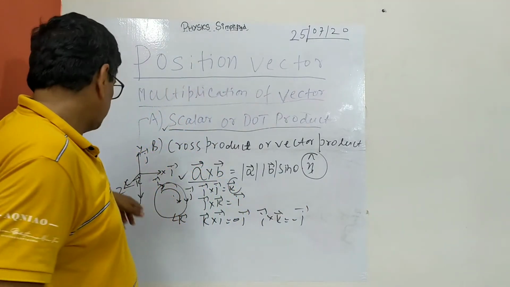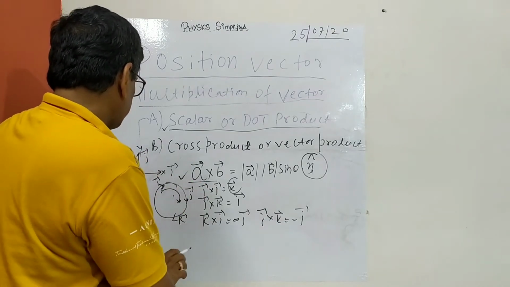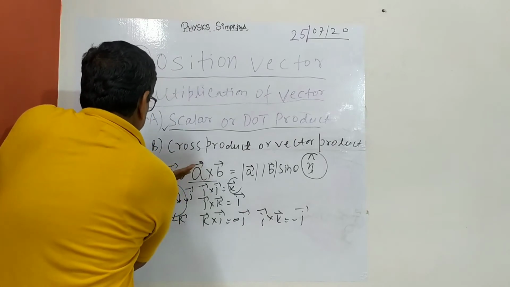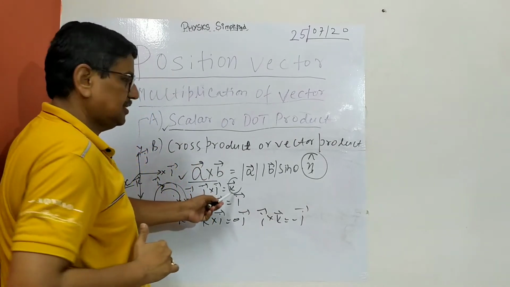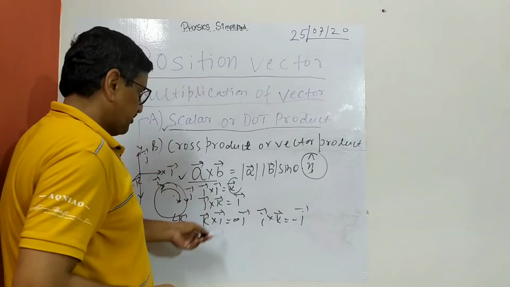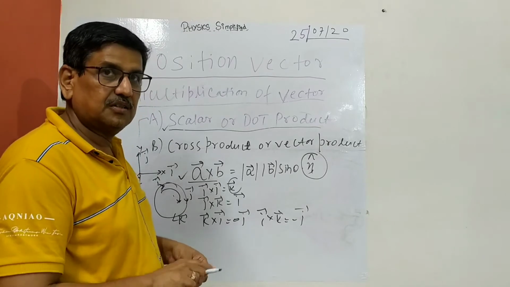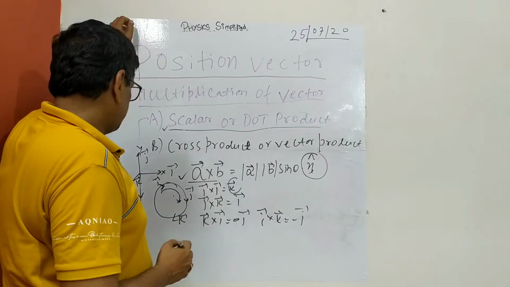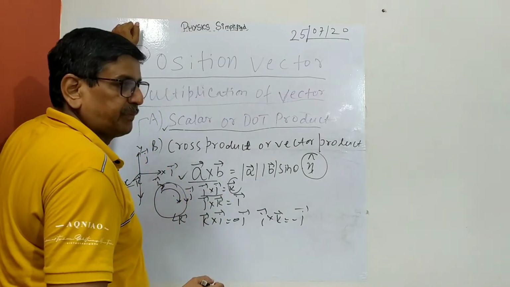Using the thumb rule also, if you go from i cross j, I am saying i cross j, from the thumb rule also the lower angle, from this to this, and this is the positive out of the paper, the third dimension. So this is very important. You will never get it wrong. You will get it right each time, because otherwise you are confused, and this application is everywhere.